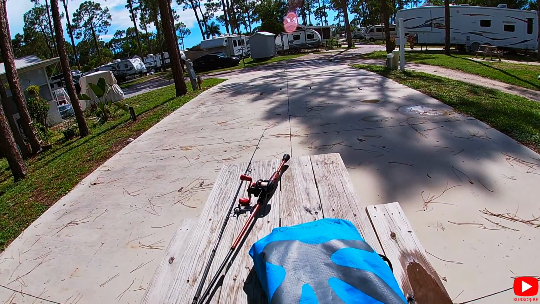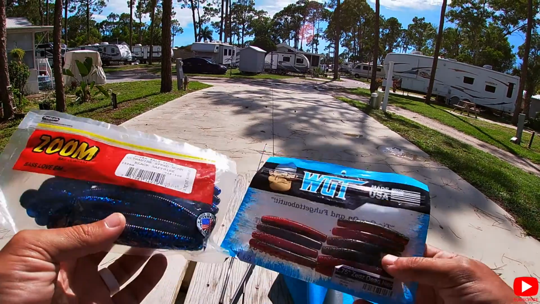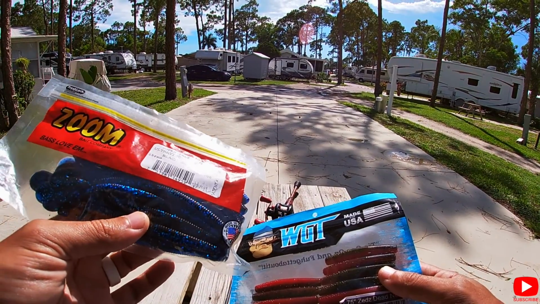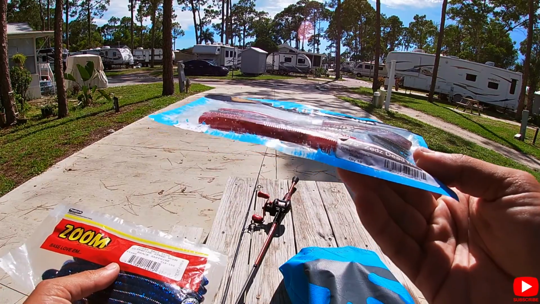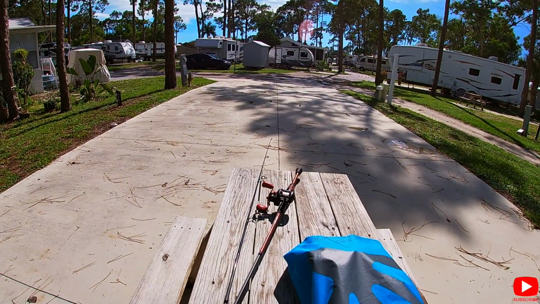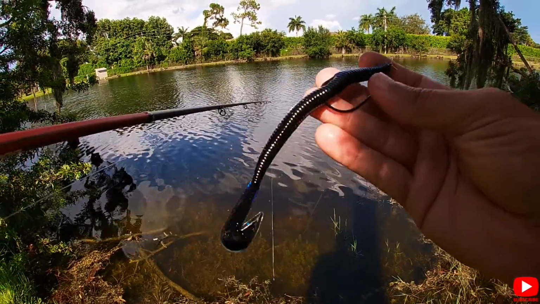Well, this might be a short one. I didn't realize the battery was low. Anyway, I'm gonna start with the black sapphire speedworm and the Ned rig. I guess it's green pumpkin Diablo, but it's got a lot of red, so we're gonna start with that. So like I said, we're gonna start with the black sapphire,